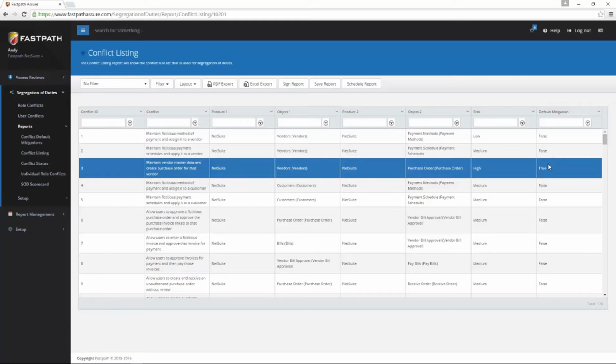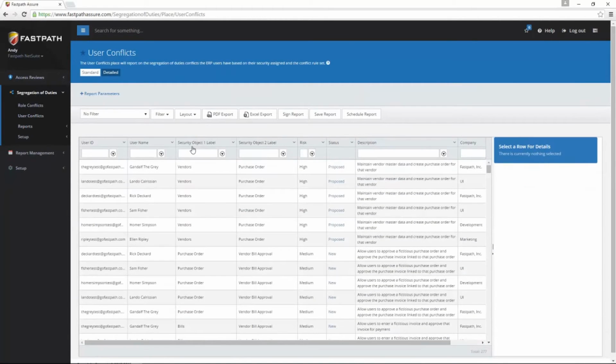So now that we have the rule set, the next thing we need to do is analyze the user access for risks. So if I go to user conflicts, what we're doing here is we're going to build what we call a user's effective access. So looking across all the roles that have been assigned to Homer, all of Homer Simpson's global permissions, and then we're going to take that effective access, compare it to the rule set, and then determine where the violations are